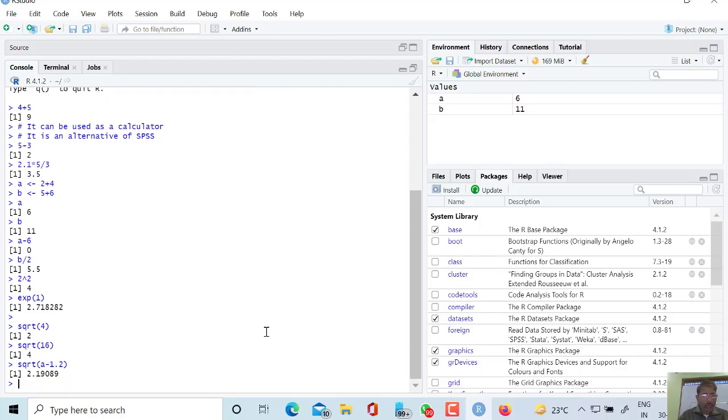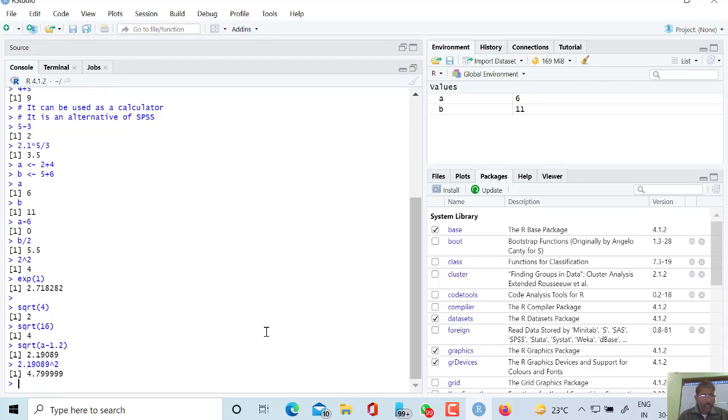So the square root of 4.8 is 2.19. Let us check whether it is correct or not. So 2.19089. Squaring it with cap 2, it is 4.8, and it is correct because it was A minus 1.2.